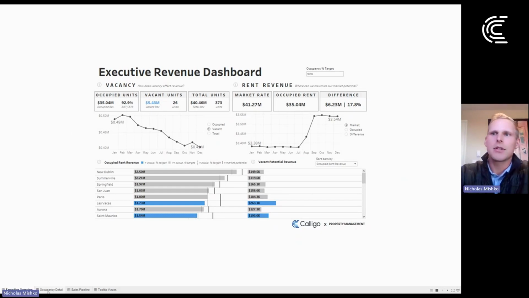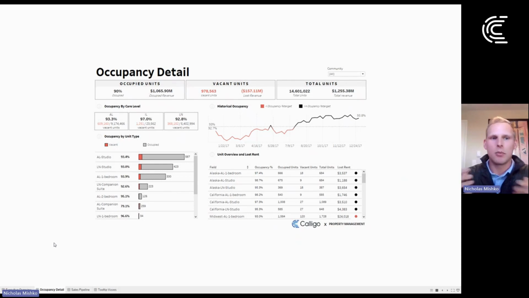tables. I'm also talking about tools like occupancy detail reports that highlight communities and unit types that might be unoccupied or may become unoccupied in the near future. That way the property managers can use this tool and know exactly where their focus should be on a